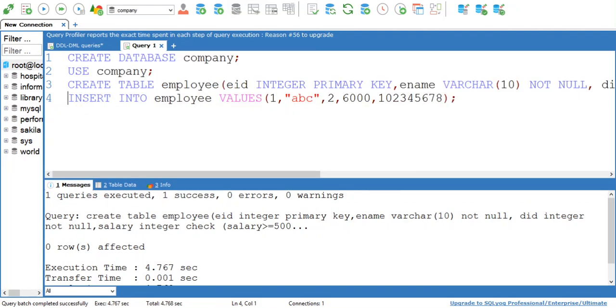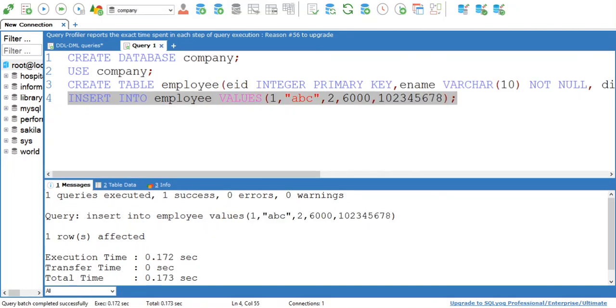Now insert this row into the table. See, the query is successfully executed, so the row is inserted. Here we have given all the values that satisfy all the constraints. Employee ID has the value 1. Since this is the first row, it is not null, and it is not a duplicate value. So that is satisfied.